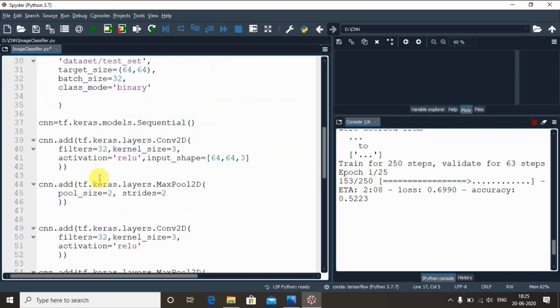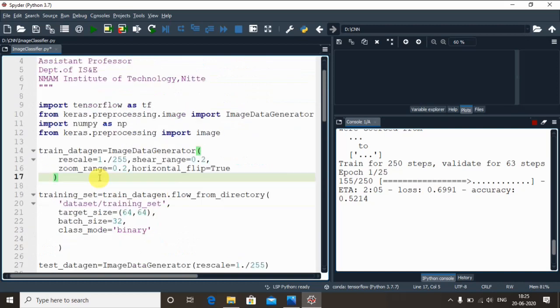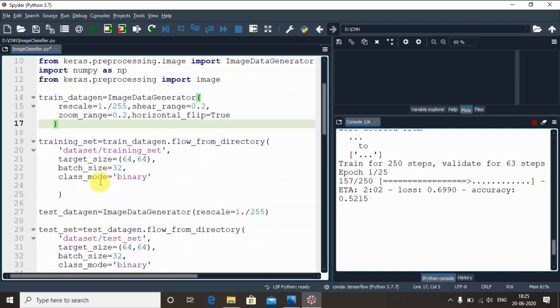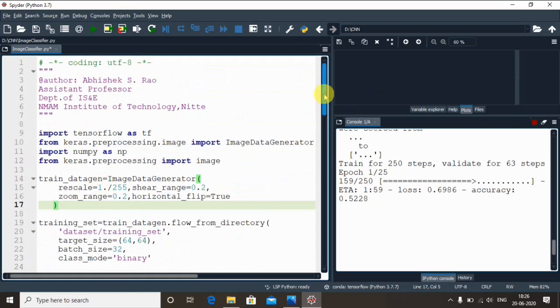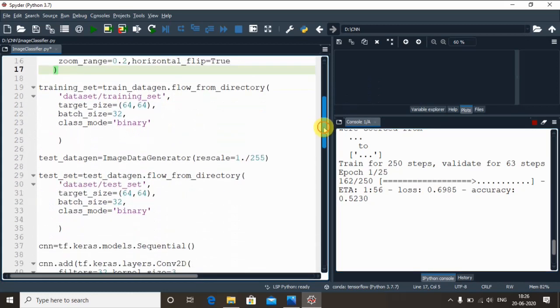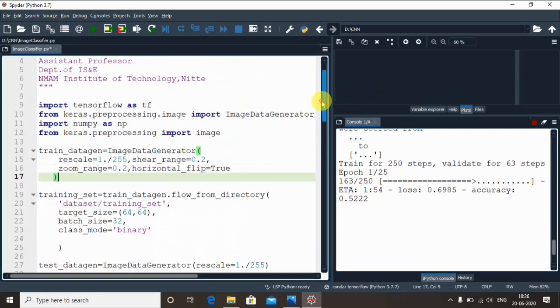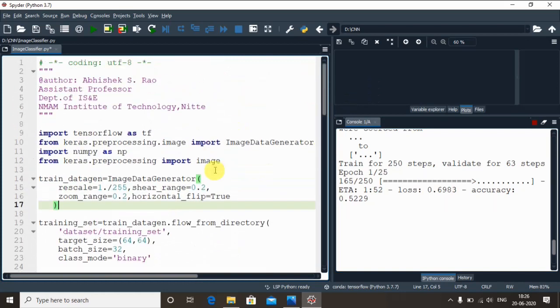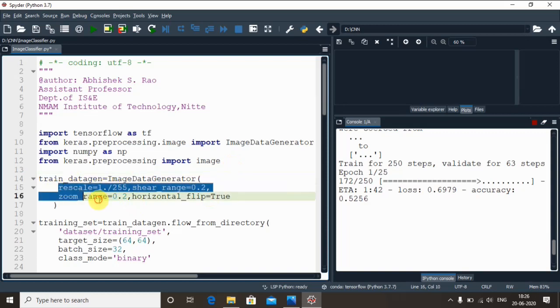So these are the steps which you need to follow. I hope you understand, because I had taken a very simple data set. You can apply it to your own research work as well. And in case you don't have enough data, there is a concept called data augmentation. You can make use of that. If you apply different transformation techniques, you will be able to create more images. That procedure is also available in deep learning.